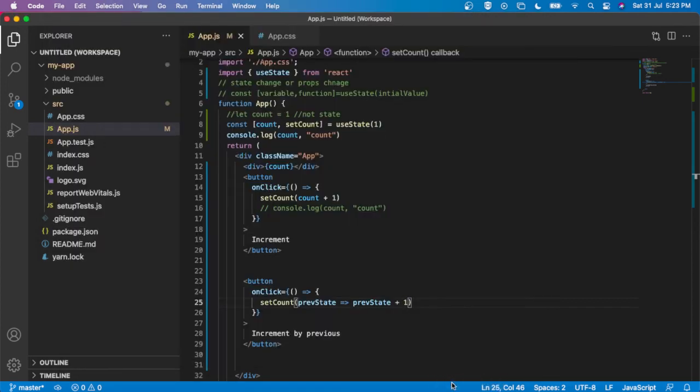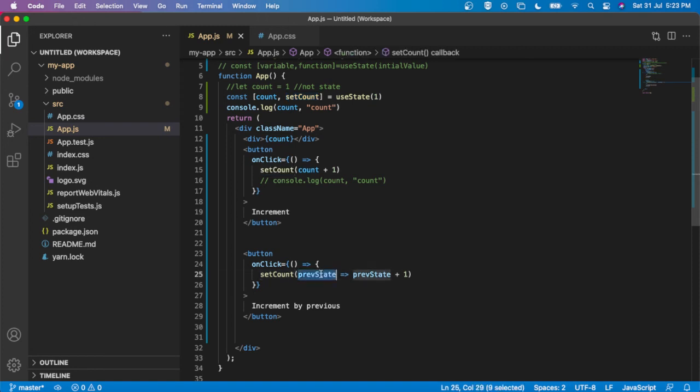So in this lecture we have learned three things. One is how to declare a state using useState. The syntax is const variable, function, useState, initial value. Clear? Then how to increment the value: you can set the value directly, here count plus 1. Okay, and to fetch the previous value, you can use an arrow function to refer to the previous value plus 1.